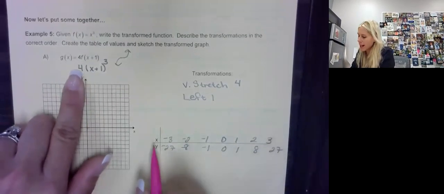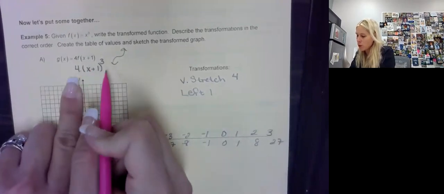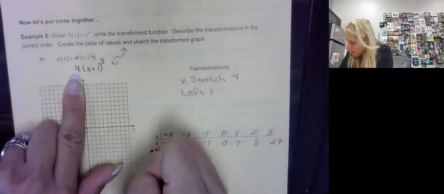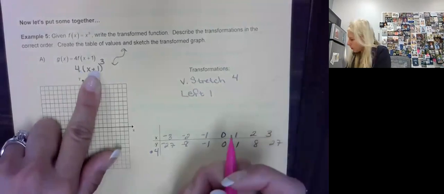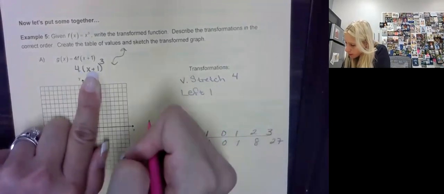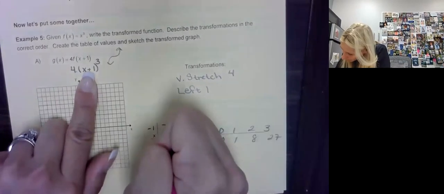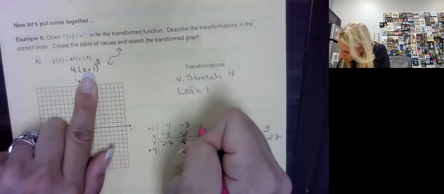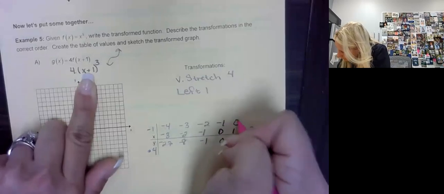So on the outside, I like doing the outside first. The outside stuff we do to y. There's only one thing on the outside. It's multiplying by 4. And then on the inside here, we do to x and we do the opposite to what we see. So we're going to subtract 1. So -4, -3, -2, -1, 0,